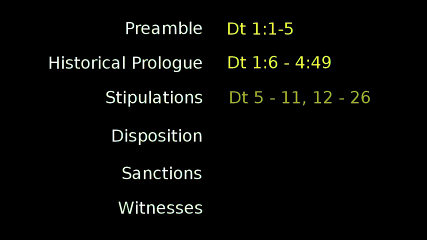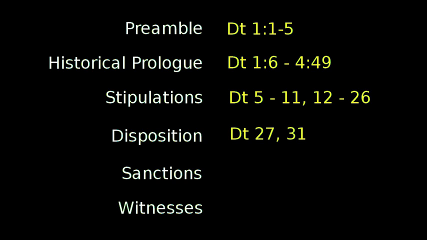Then 3 are stipulations. General provisions become the 10 Commandments, the Shema, and so forth. Special provisions are the detailed laws with specific reference to how they are to be carried out by the people as a whole in the land of Israel. So you've got the 10 Commandments as sort of a general set of laws, but then you've got these detailed laws that go on for page after page after page.